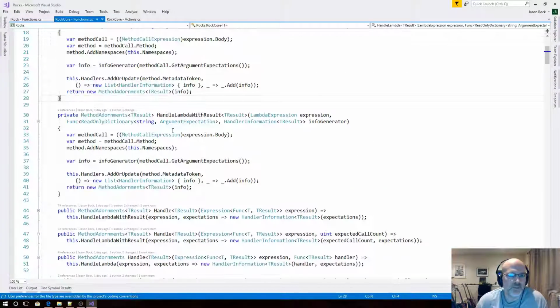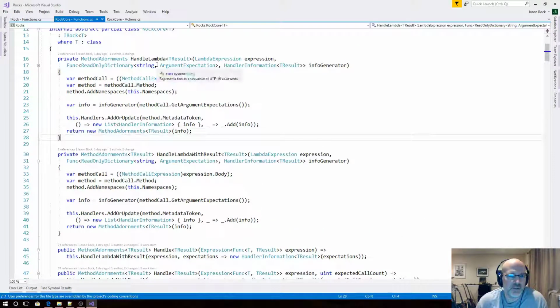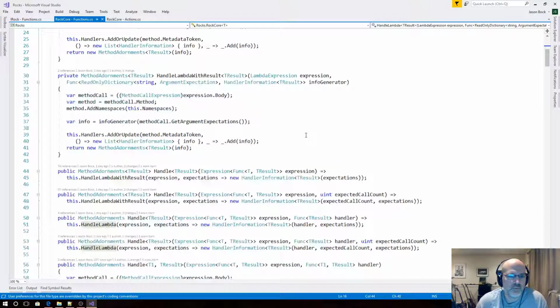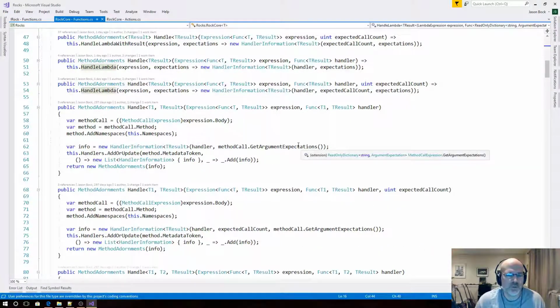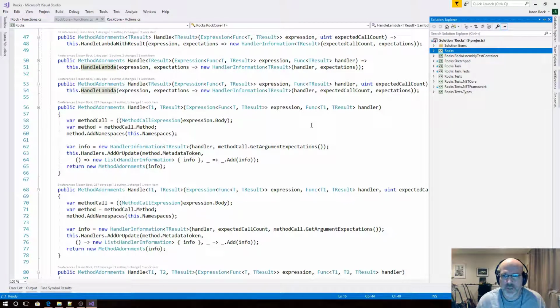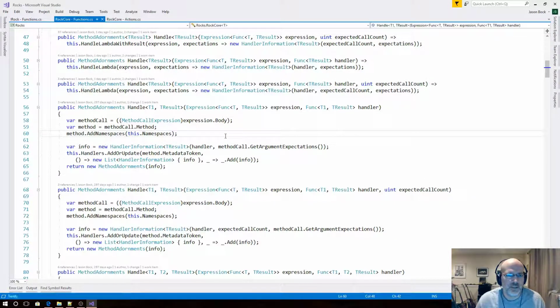So we might be able to have this method be used. I think we decided that HandleLambda would actually be used by all of them. So this might be a whole bunch of boringness. But what I did do is run the tests, and other than getting that one that fails for reasons that hopefully I'll fix in a moment,